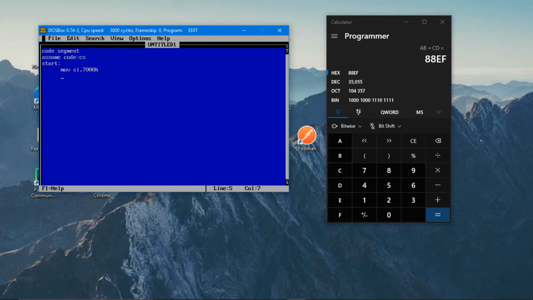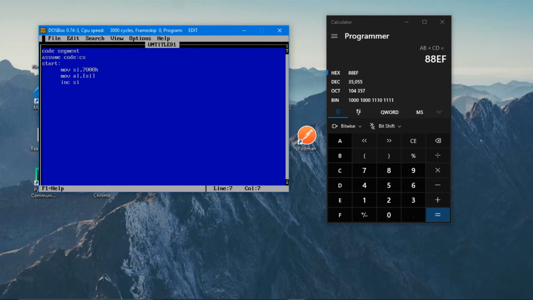So we can move either AB or CD to AL. So write that command: mov AL, comma, content of memory location SI. Now we have to take another number, so increment SI by 1. As this is 8-bit, one increment is enough.